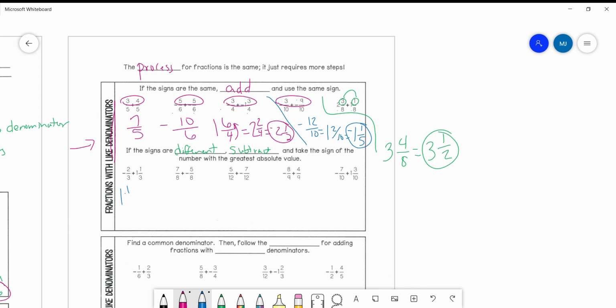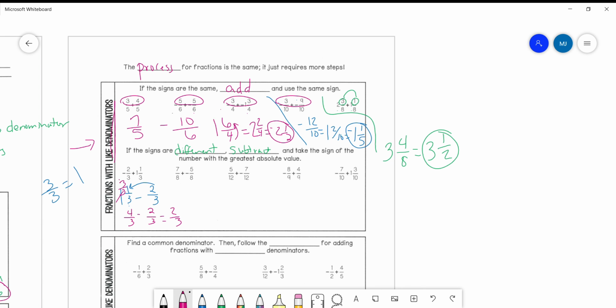So we got 1 1/3 minus 2/3. Okay, I can't take 2 from 1. My denominator is 3. That means a whole number is equal to 3/3. So if I'm going to regroup, I'm going to borrow from this whole number, and I'm going to take 3/3 and add it to this 1/3. So now this becomes 4/3 minus 2/3,